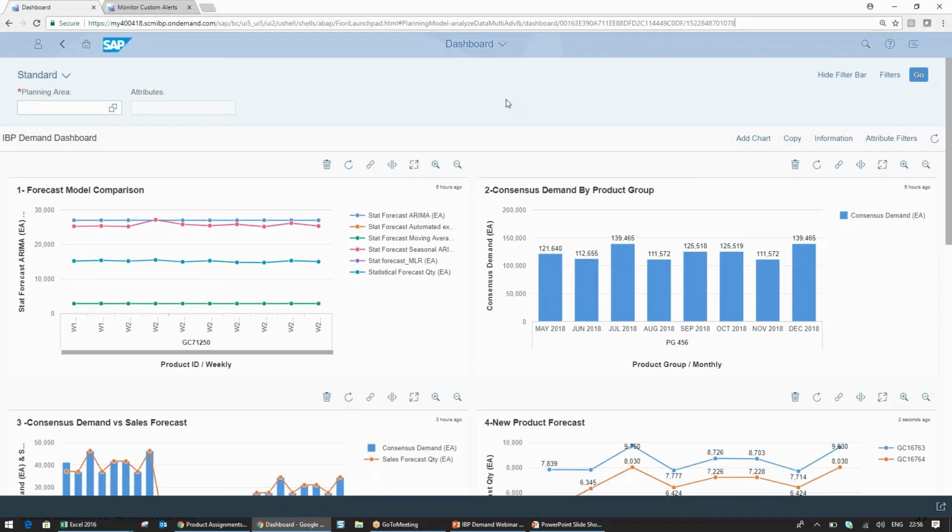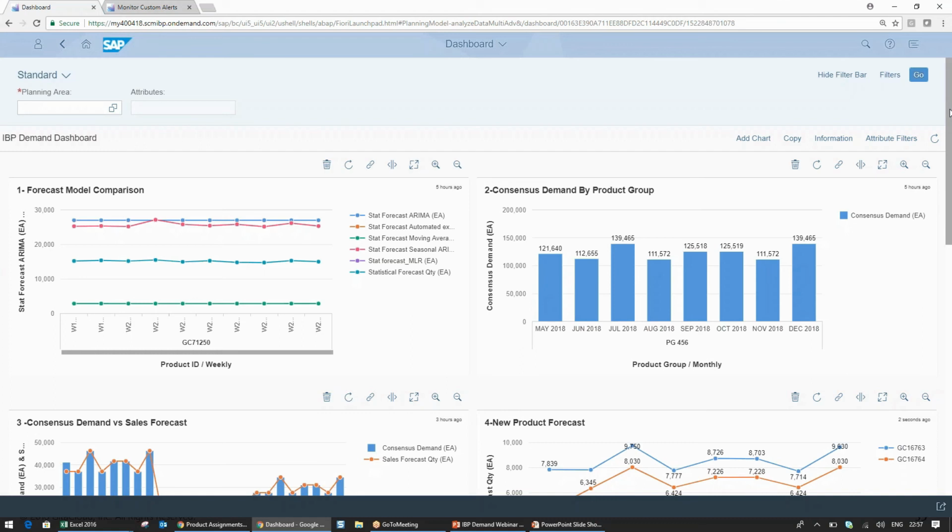You can view the data that you have in Excel in terms of charts and the analytics, and then you can assign it to a dashboard. Like here you can create various charts, like you can compare, as I mentioned, we created interim key figures for different forecasting algorithms. So you can create a chart to compare different forecast models, how they are performing for a particular product,